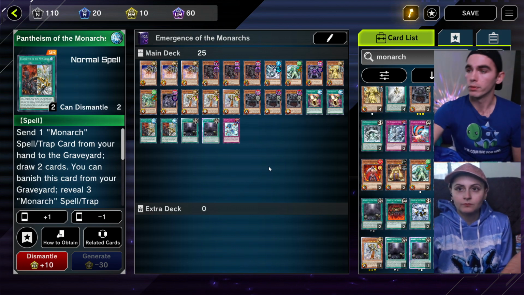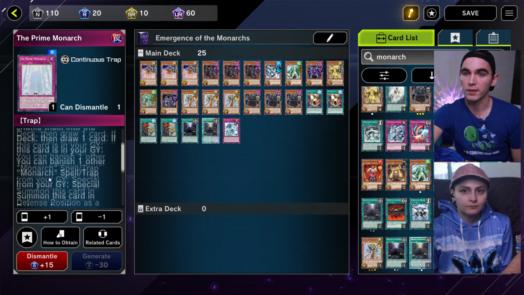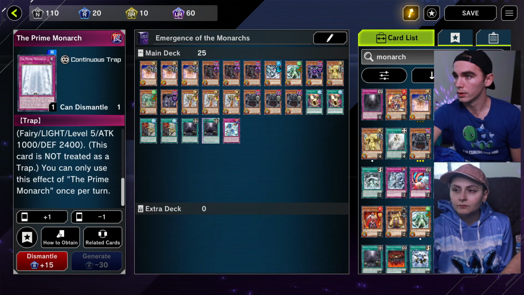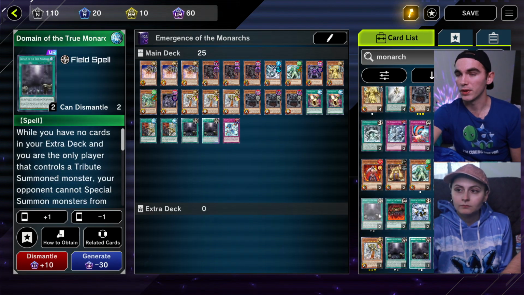So you want to discard cards such as, and we will get to them, things like your Prime Monarchs, because you want them in the grave. They're much more beneficial to you in the graveyard. Things like your... where is it? Yeah, it's going to be usually the Prime Monarch is the biggest target, but if you have multiple copies of